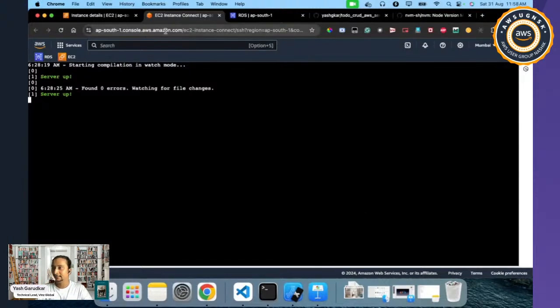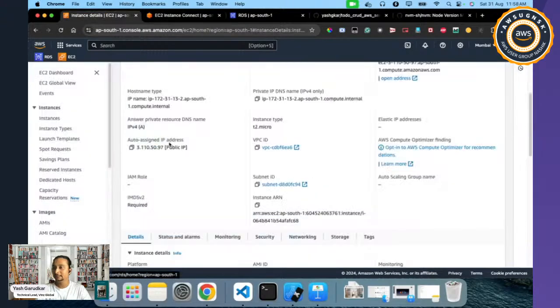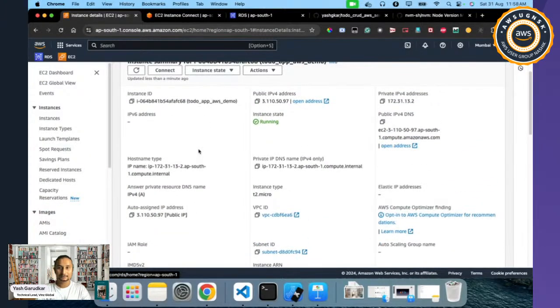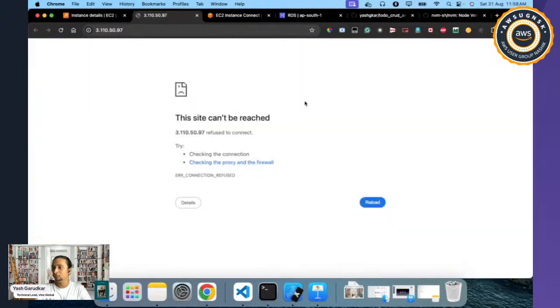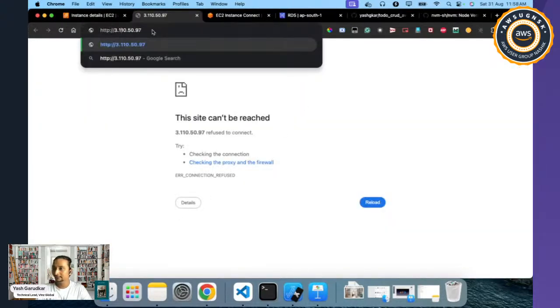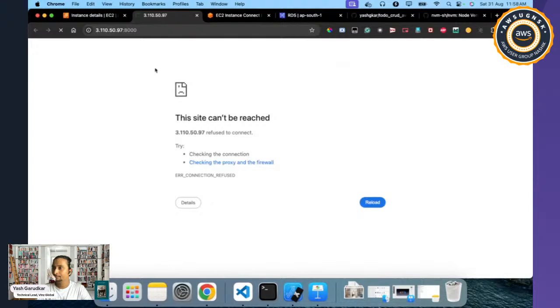The endpoint it is running on is 8080. So let's try to access. By the way, our instance is up now. So let's try to open our public IPv4 address. It is going to blow up, but let's see if we can access it over the 8000 port. Sorry. Hmm,